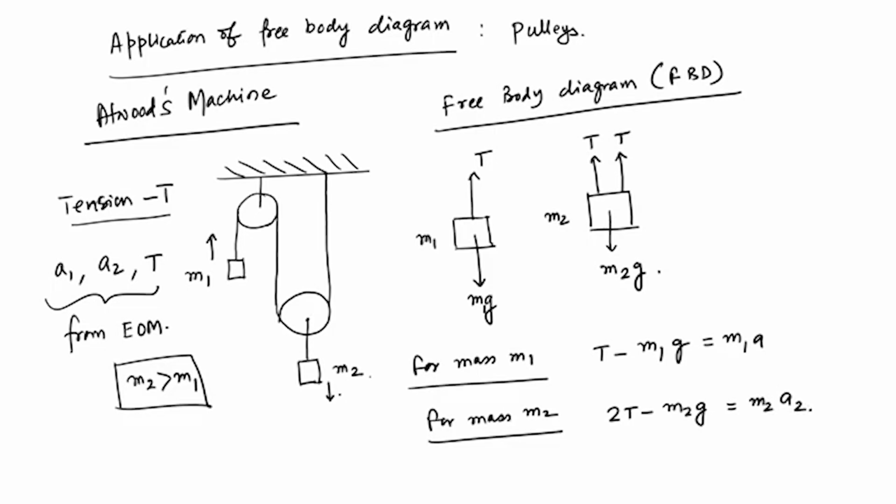I made a mistake here. So, T minus M1G: T is upward and M1G is downward, so it is fine. We are writing down the equation of motion exactly in the same way, so we are not assuming really which direction they are moving at this moment, but we will do that. So, we have two equations